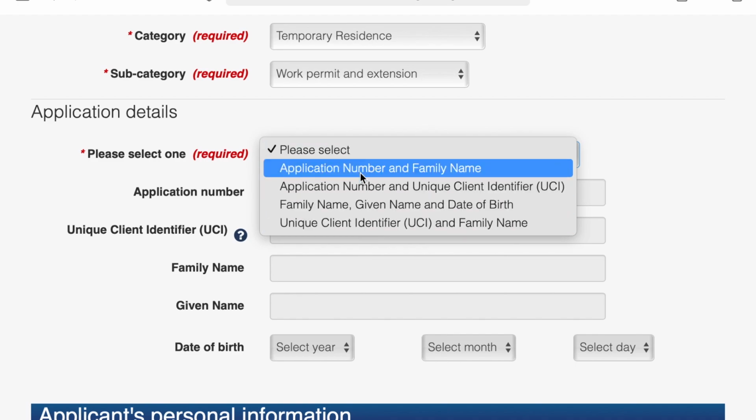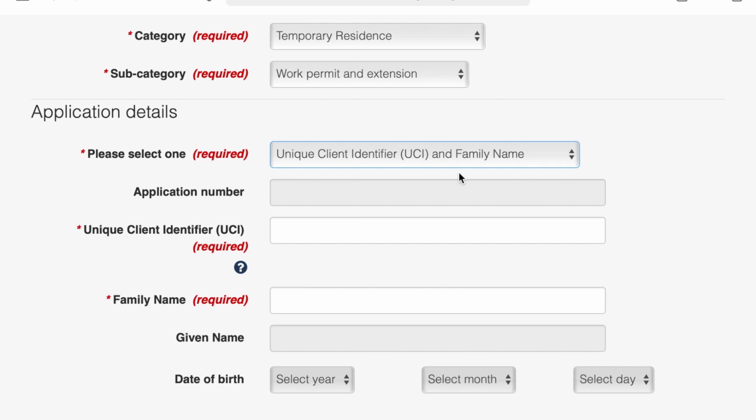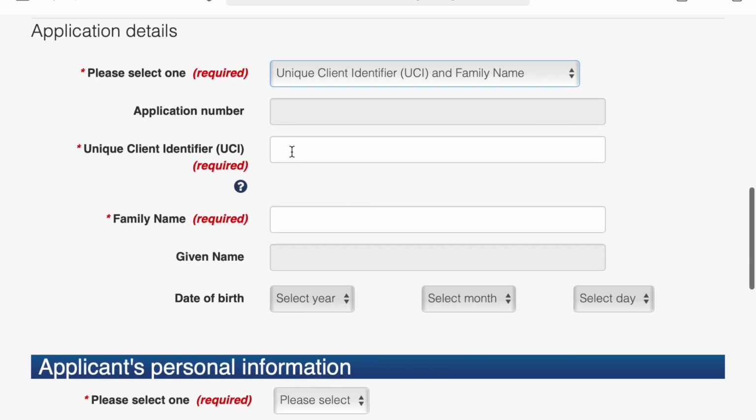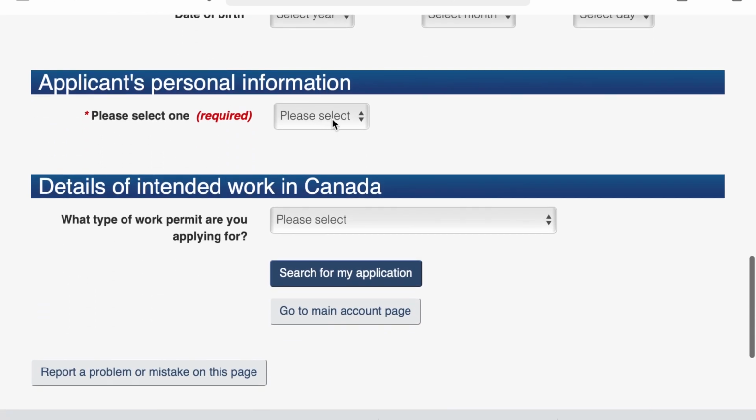Then here these are the 4 options. From this I can select UCI and family name. Here I need to enter my UCI number and my family name. These are not compulsory. Then this is the applicant's personal info. Under this, passport, place of birth.